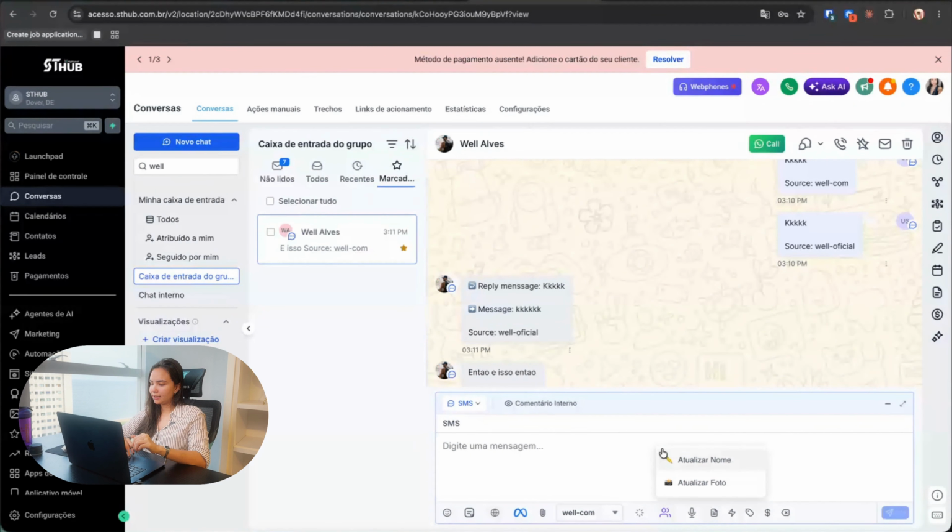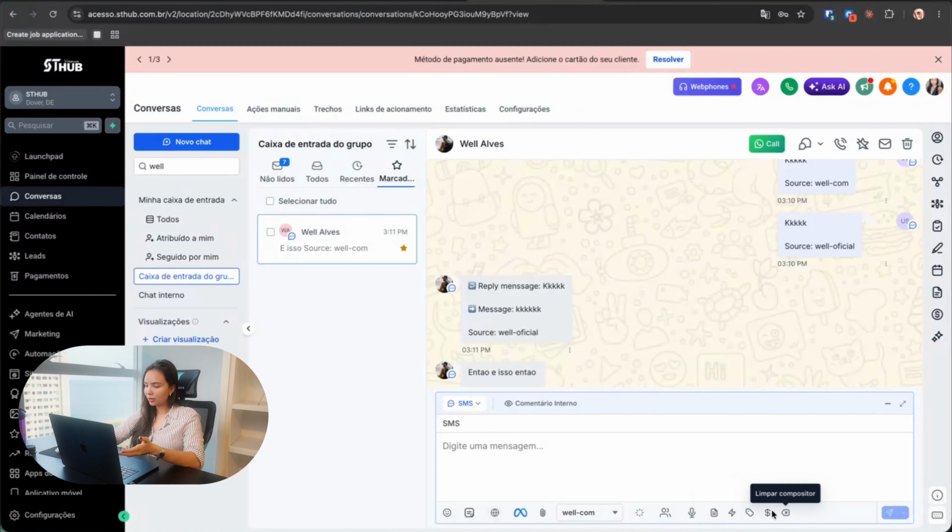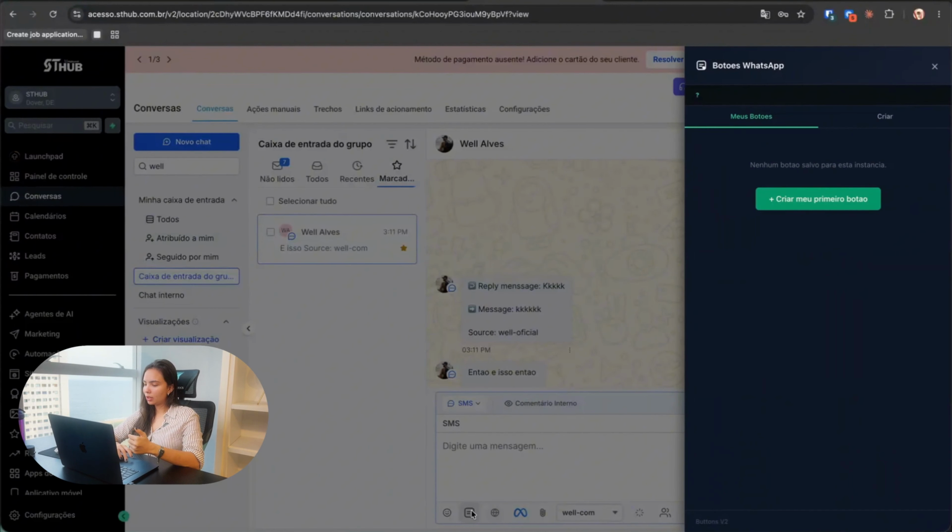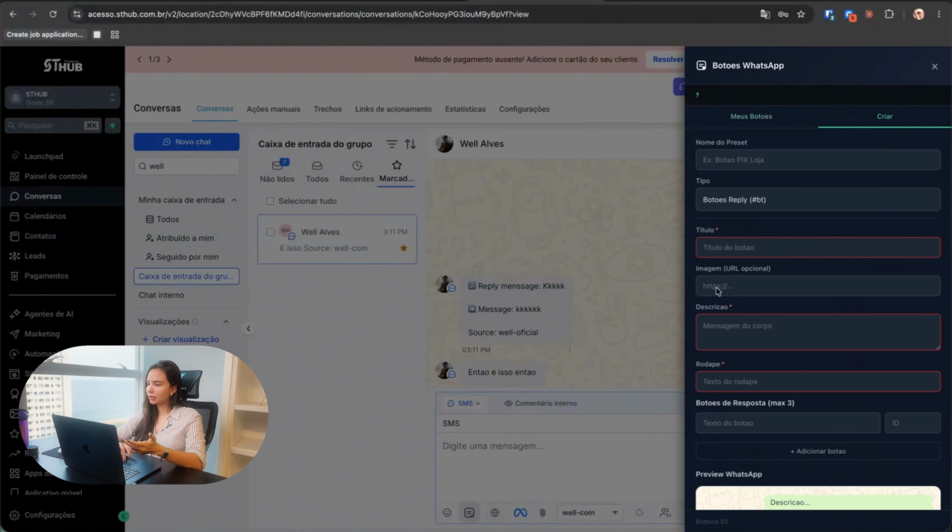This little script here is simply for you to update the client's photo and also update their name. If the client has changed their photo, you can update it. Even though this happens automatically, you can also do it manually. This one is for sending audio without our tool, without our scripts. You can send audio within high level, so Estevam also came up with a solution to solve this problem for you. Here are the standard snippets, but in general, these are our scripts. There's also the button here that I mentioned. You can create your own button here.